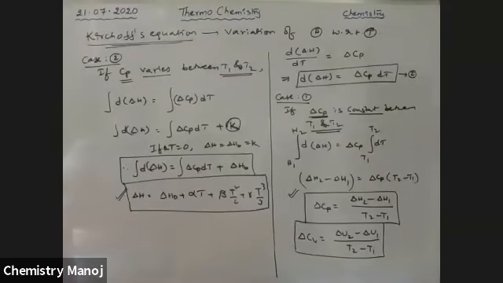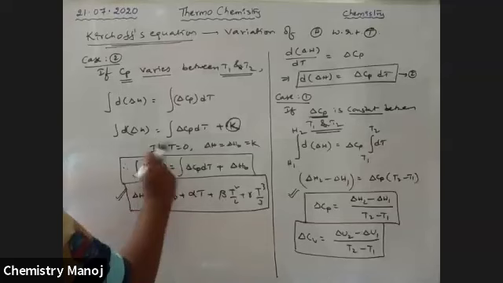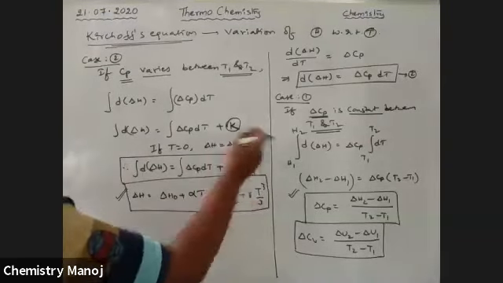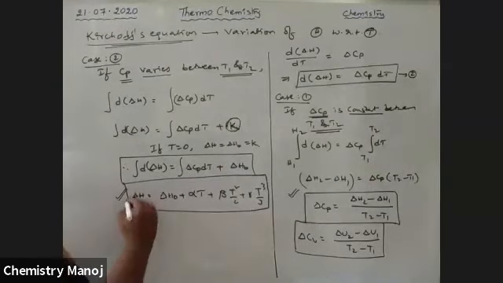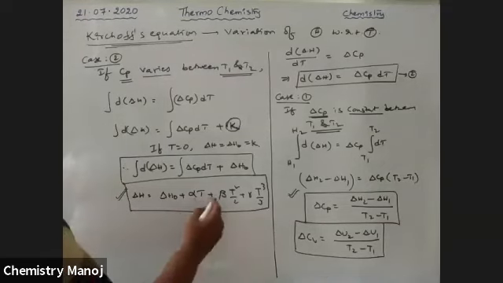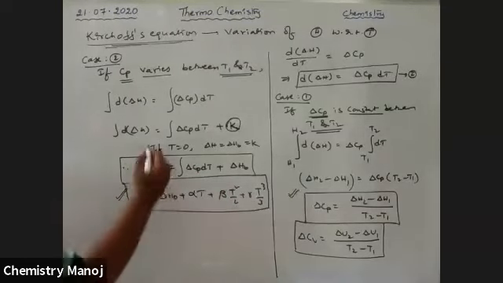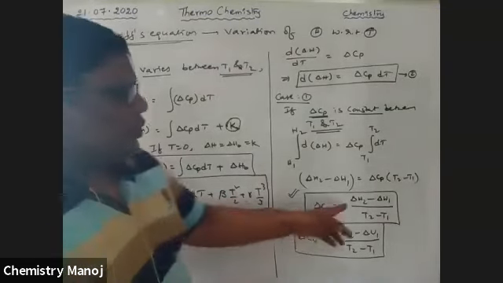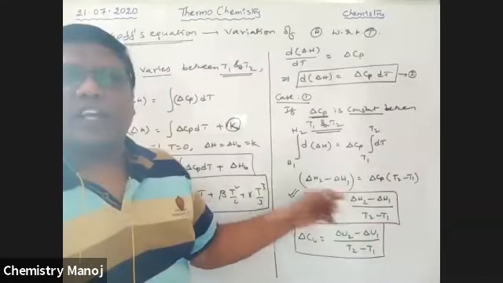At a constant temperature, that is at T is equal to 0, delta H is equal to delta H naught, which is equal to K. So finally we will get the answer, delta H is equal to delta H naught plus alpha T plus beta T square after integration. These are integration terms. But this is no need, my dear boys, we are using only this equation. This is very, very important.